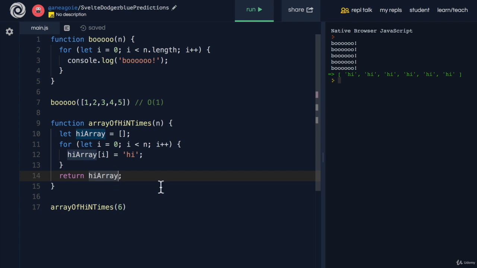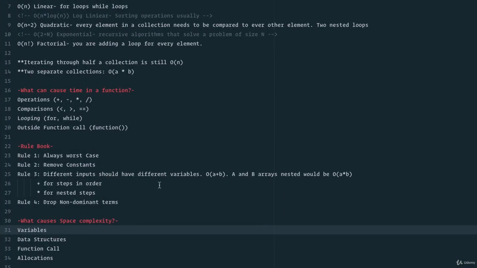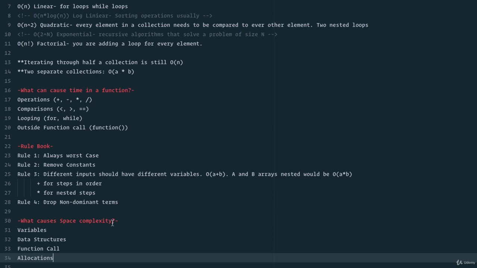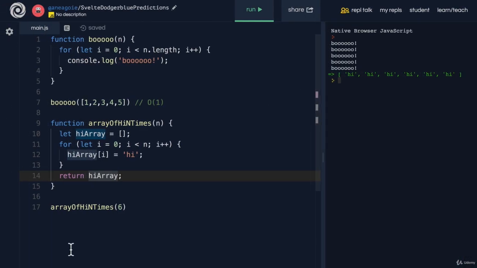Well, this should give you a hint. Remember our cheat sheet. Variables, data structures, function calls, allocations, those things take space. And in our case, we created variables in our loop, variable i = 0. But we've also created data structures, right? We created a new array. So now if we go back, we see that in here, we've created a new array